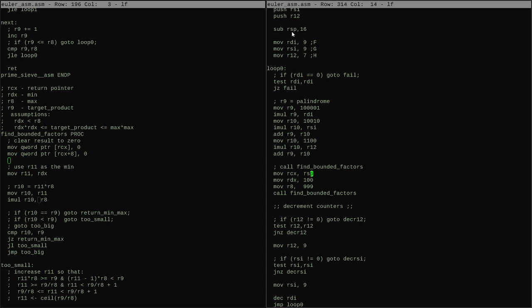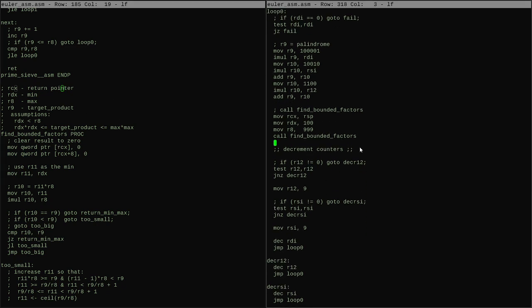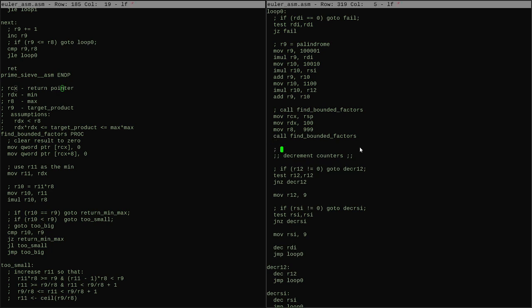So we give it the stack pointer as the first parameter to use as its return pointer. It should then give us a situation where if the thing at RSP 0 does not equal 0, then